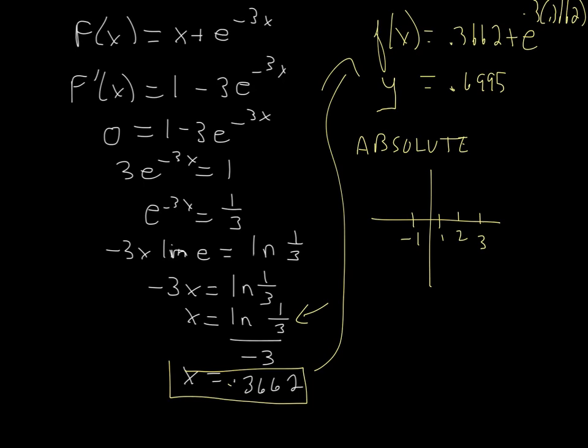So x equals decimal 3662 is definitely in that interval. It's going to be just between 0 and 1 in there somewhere. So it counts as one of our extreme values. But what we also have to do is check to see what's happening in the boundary areas, because absolute, what it means is